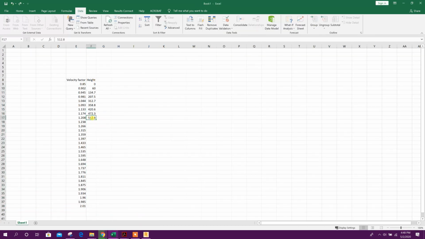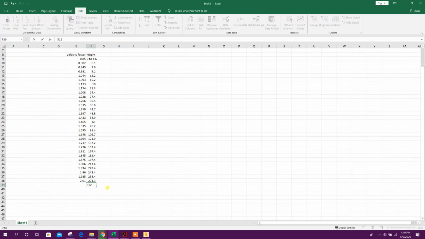Before pasting, this is the maximum height shown in Robot Structural Analysis for this structure. This is the maximum height, 512.8, which we will keep at the last. So paste like this, and here the last one, 512.8.